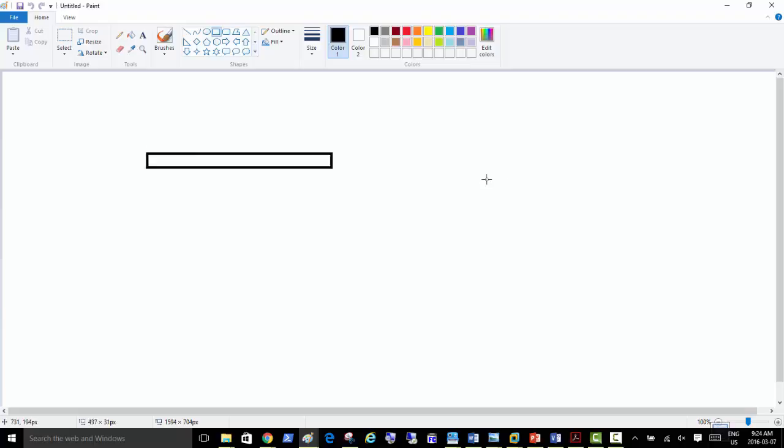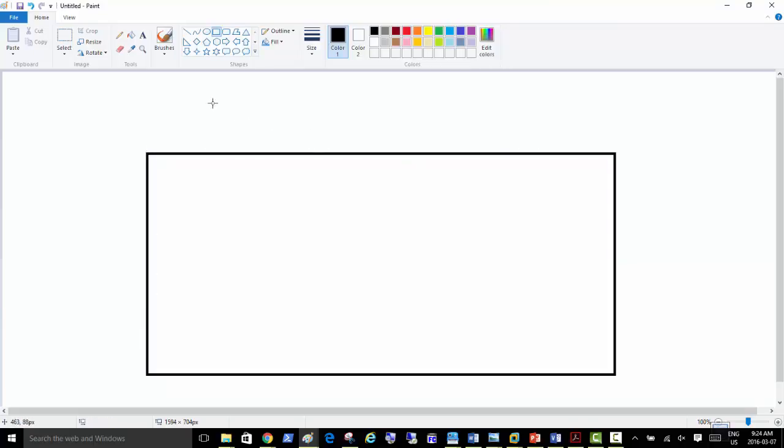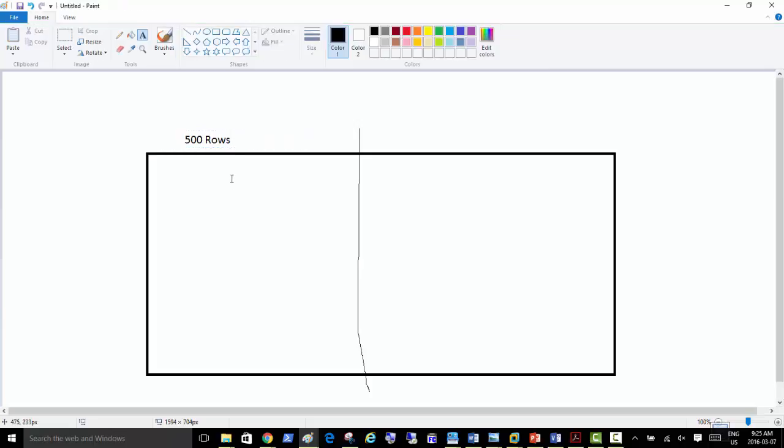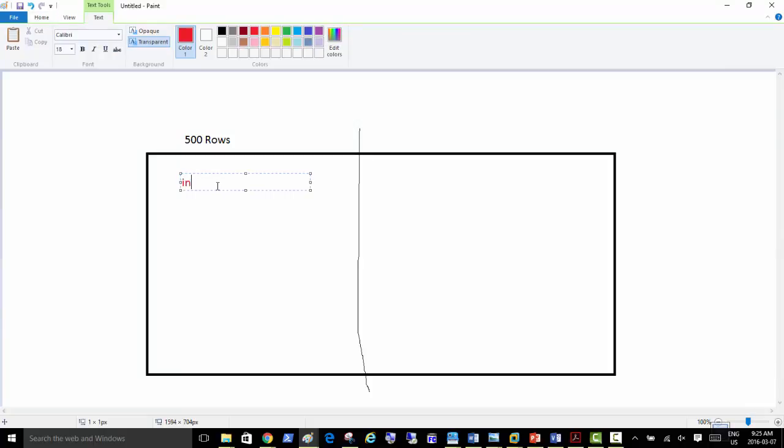So if I recreate this table, if this is a table here, we partition it, and this partition of 500 rows will be inside one file group, which is connected to a file which is stored in C drive. So that's how it connects.